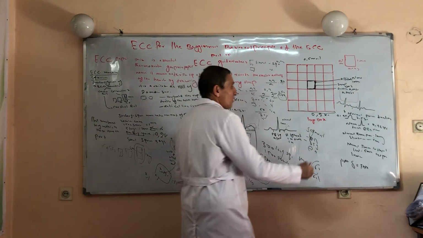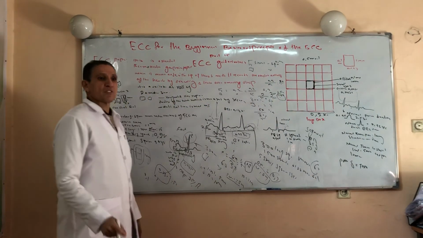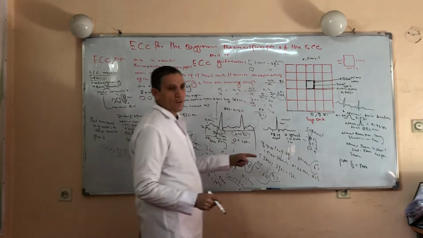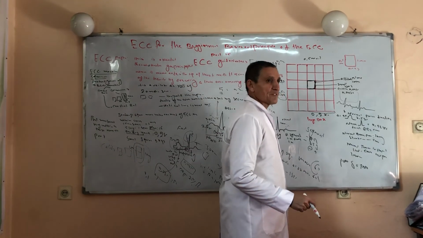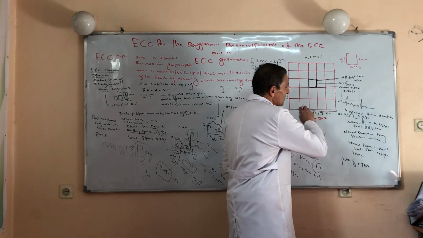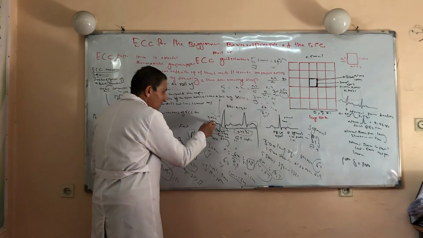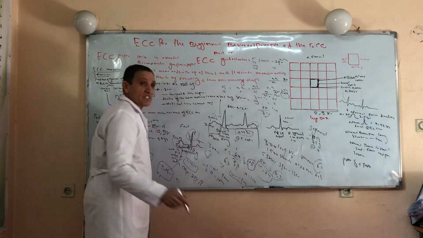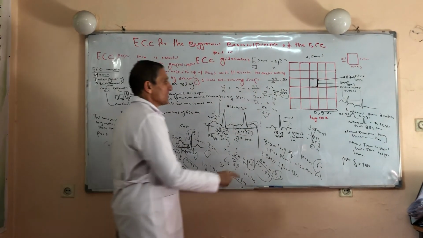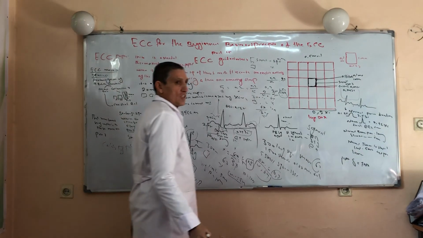So when we are talking about the TP segment, its clinical role is that it is a segment which does not show any change, and therefore it is used for measurement of the waves, segments and intervals. In contrast to the TP segment, we have got the PR segment. The PR segment intervenes between two waves of a single cardiac cycle. The TP segment intervenes between two cardiac cycles. This was another